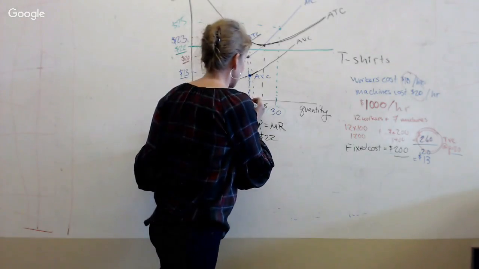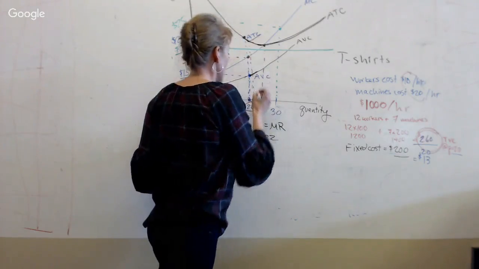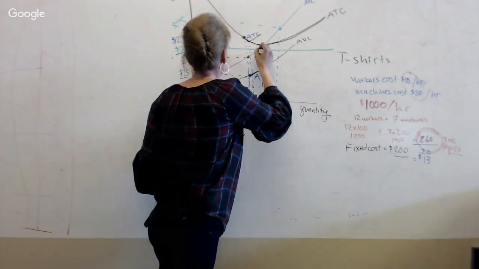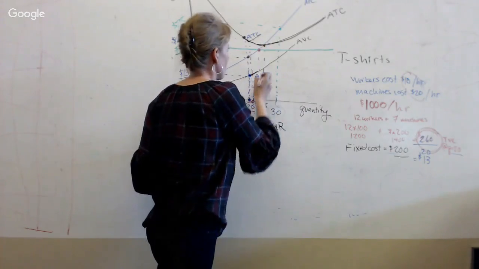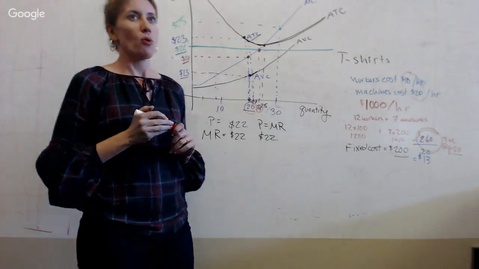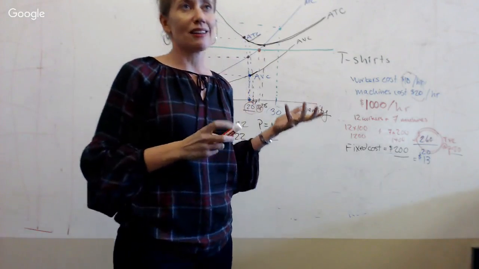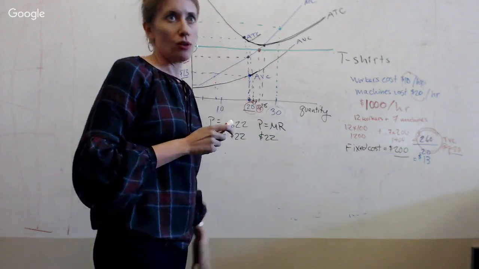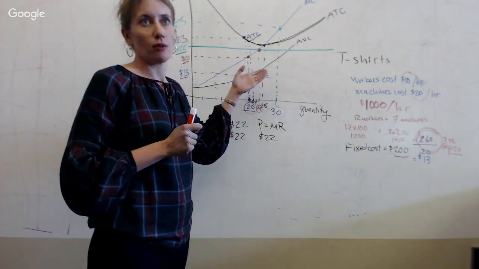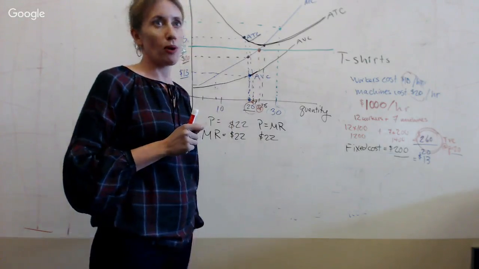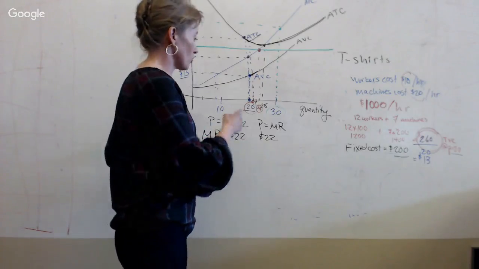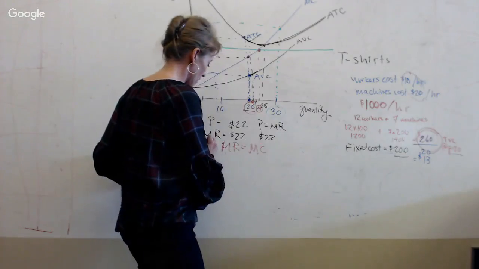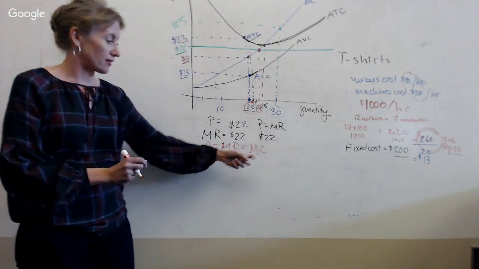Maybe we think, well, let's try one more and try one more until it looks like, I'm going to call this 24 t-shirts, where the point where marginal revenue is exactly equal to marginal cost. Now we have found the quantity. This is the best we can do. We cannot earn any more profits than we are earning when we choose marginal revenue equal to marginal cost. And in a perfectly competitive market, price is equal to marginal cost.